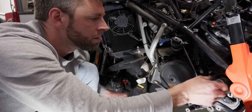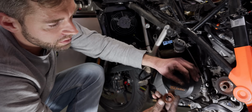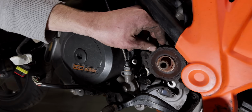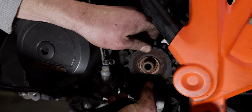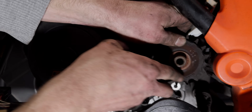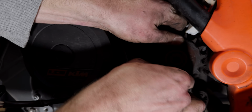And it's pretty easy, isn't it? That was very easy. I've had that too on mine, which basically I could take it off by hand. So there's a reason why there's the safety thing in there. And then to take this off, sometimes they're a bit stuck, so you have to wiggle from the bottom. But this one, you already see it moves quite easy. Now with the teeth on the sprocket, you have to be on the correct spot. So you put it in neutral, and then you have to find the spot where the teeth